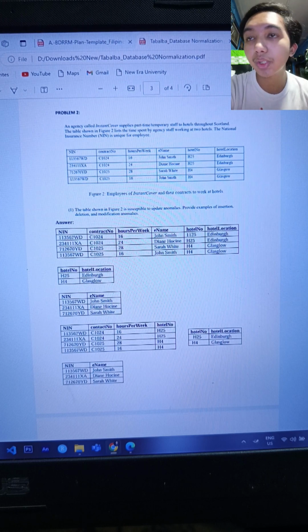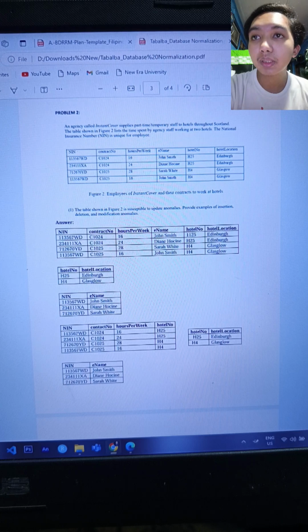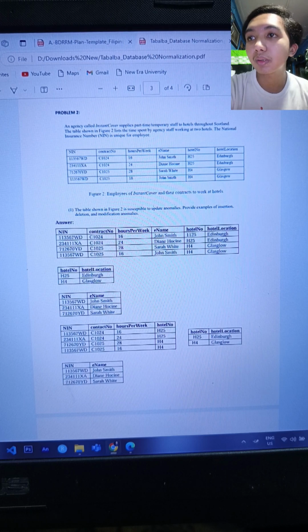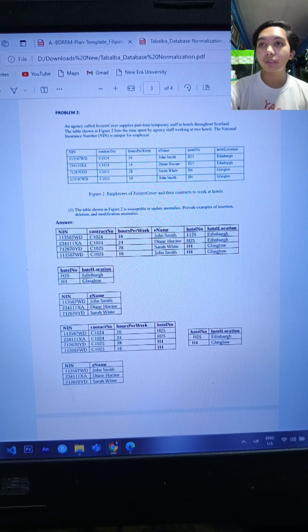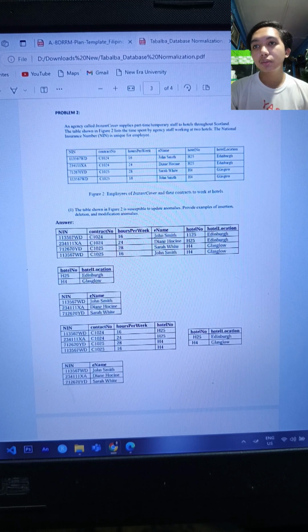If a hotel's location changes, it must be updated consistently across the employee contracts. Normalize the data, create separate tables for hotel number, employee, and contract to address these anomalies.